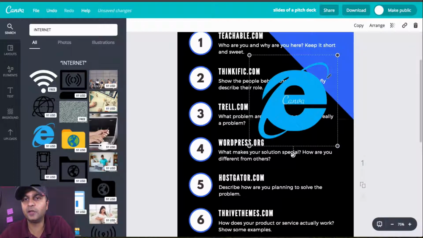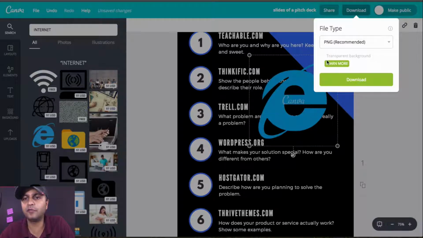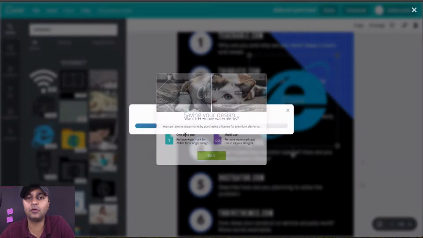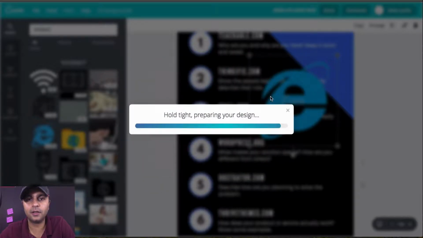If I click on download right here, I can't do the transparent background because I'm on the free version. And then when I click on download, it's going to tell me this thing right here. If you don't want to remove the watermark, you can do a single 24-hour design use. For multi-use, you have to remove the watermark. I don't know how they track it. That's the part I'm not clear on. If it's a single use, single design, 24 hours, how do they track it? I don't know. So you can click on got it, and